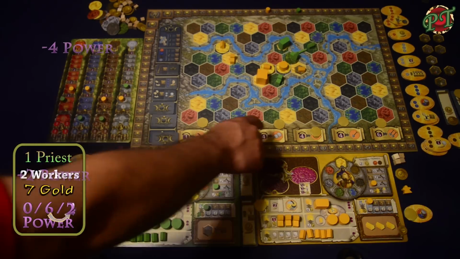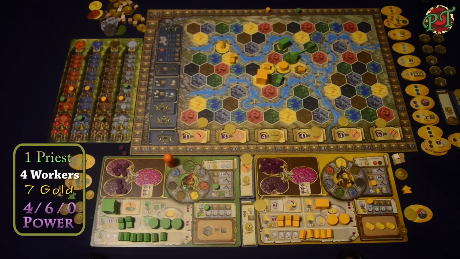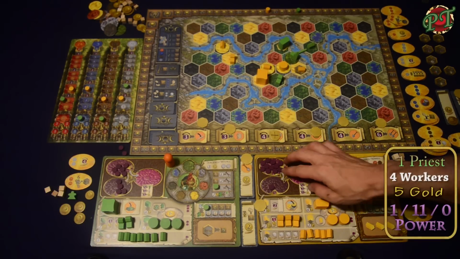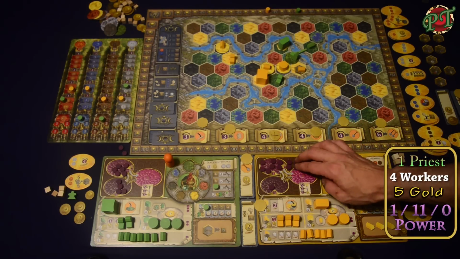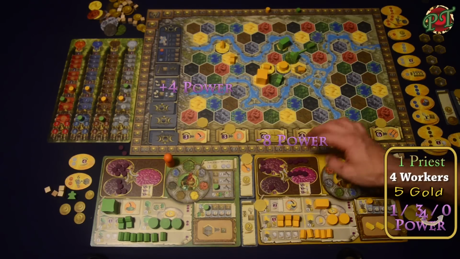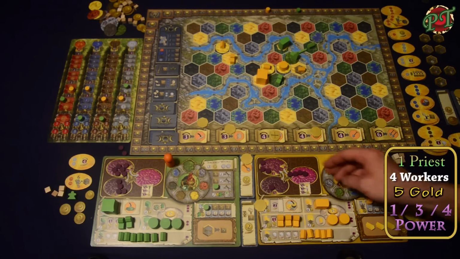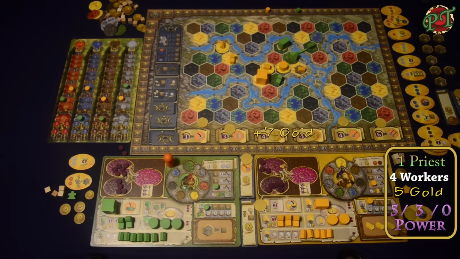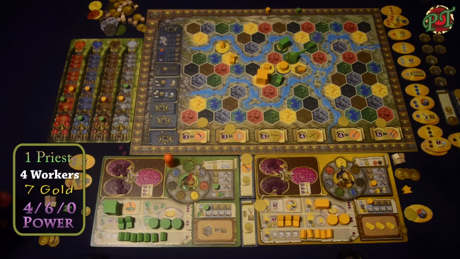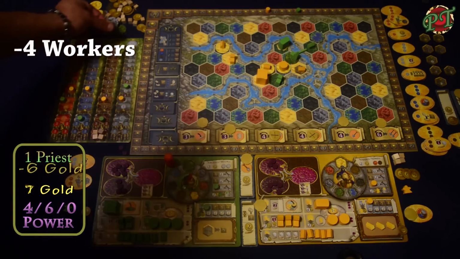I'm gonna buy 2 workers. Burn purple. Sure, I will burn some too. Except I'll burn more. Let's see here. I will burn 4 actually. Wow, I inspired you. I'll use 4 and buy the gold. I'm gonna spend 4 and 6